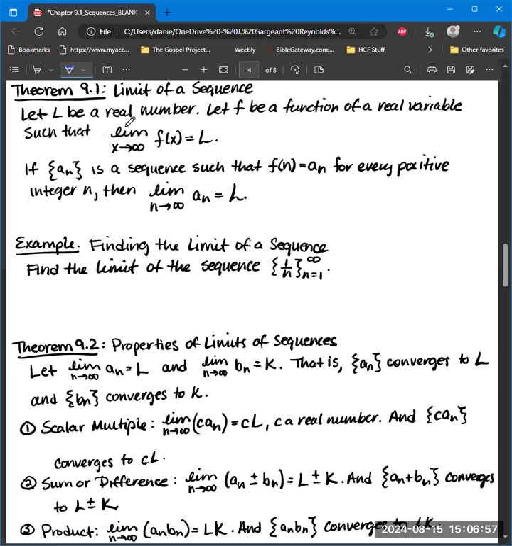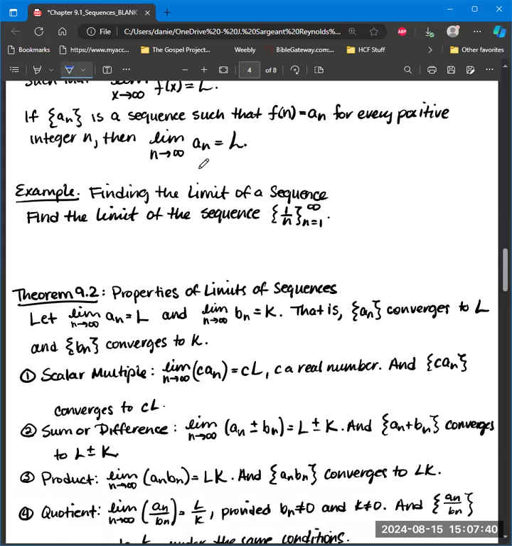Let L be a real number and f be a function of a real variable such that the limit as x goes to infinity of f of x equals L. Then if a sub n is a sequence such that f of n equals a sub n for every positive integer n, then the limit as n goes to infinity of a sub n should also equal L. So we can just think of this function here, a sub n, like we used to do with x's, and whatever the limit was when we dealt with it with x's, and all those techniques that we did back with just regular old variables that could be any real number here,